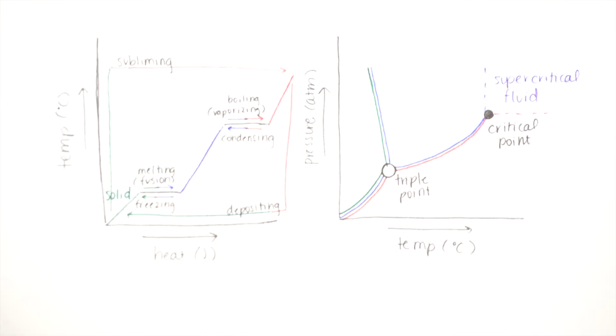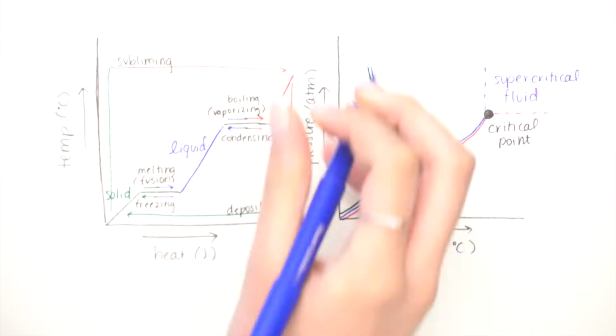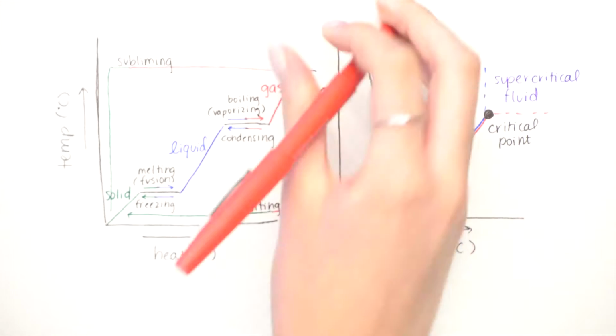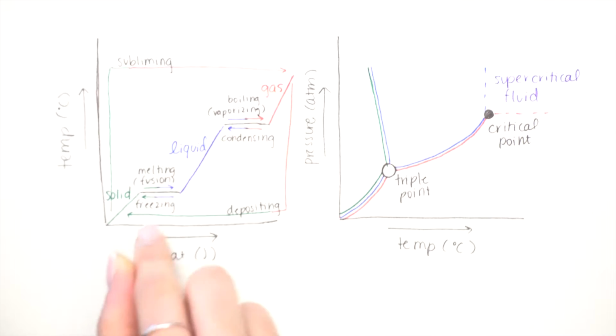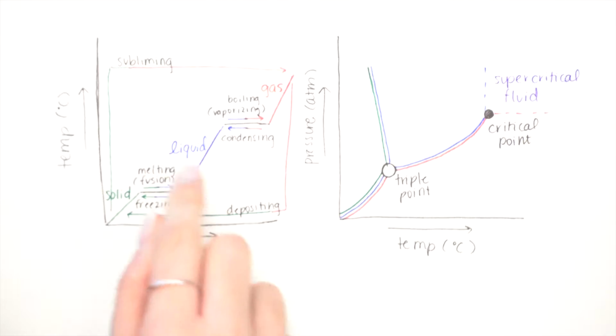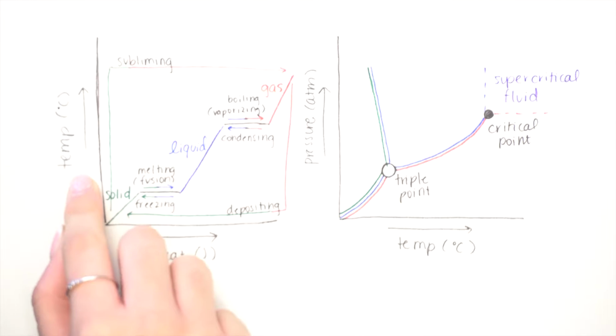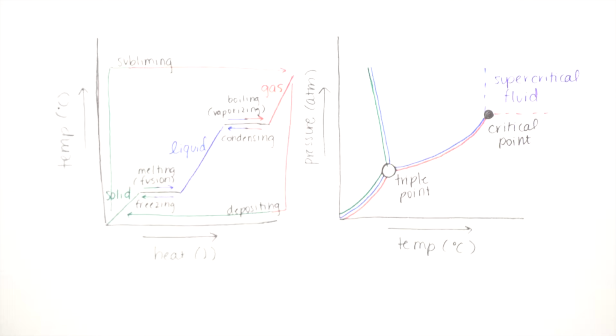On the green diagonal line, we have the solid state. On the blue, liquid, and on the red, gas. The horizontal lines signify transitions between the states. As you can see, during transitions between states of matter, the temperature remains constant. This is because all of the energy is used in the transition and there's none left to increase or decrease